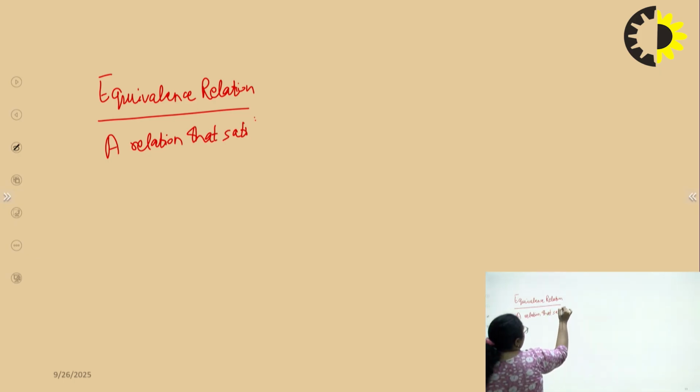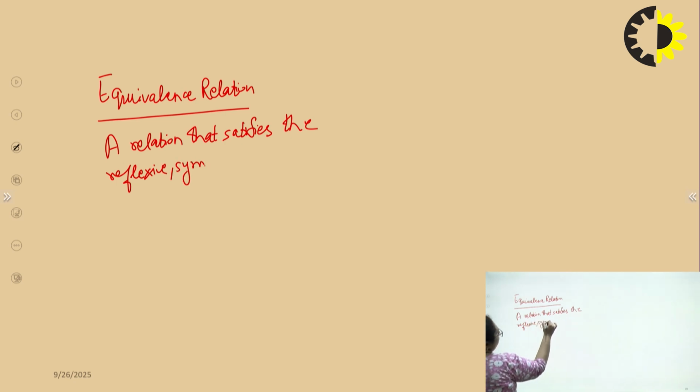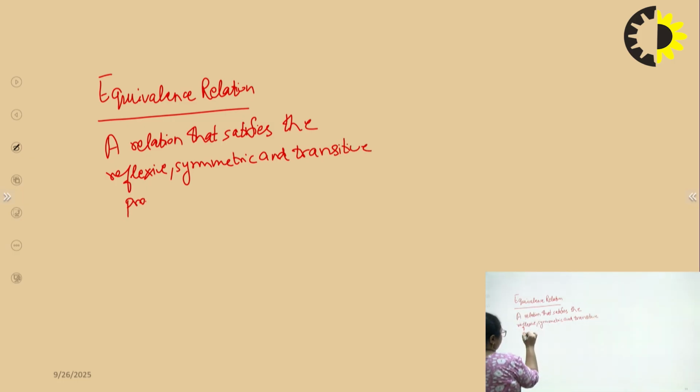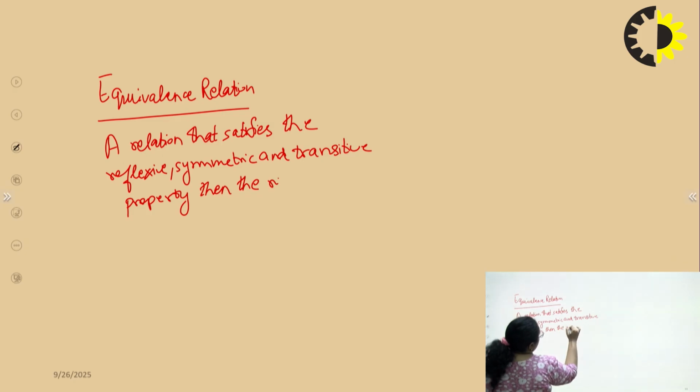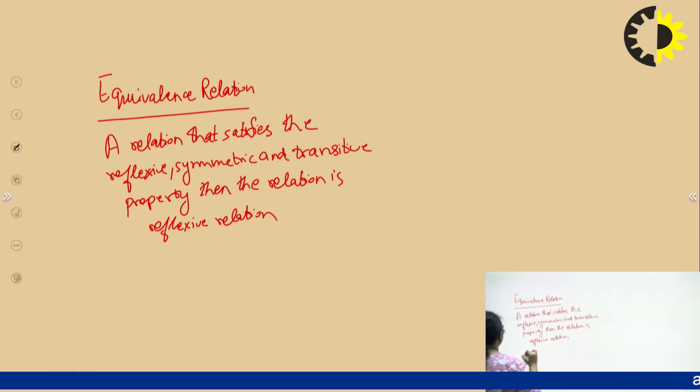So, what is an equivalence relation? A relation that satisfies the reflexive, symmetric, and transitive properties, then the relation is an equivalence relation. So when we come to the previous slide,